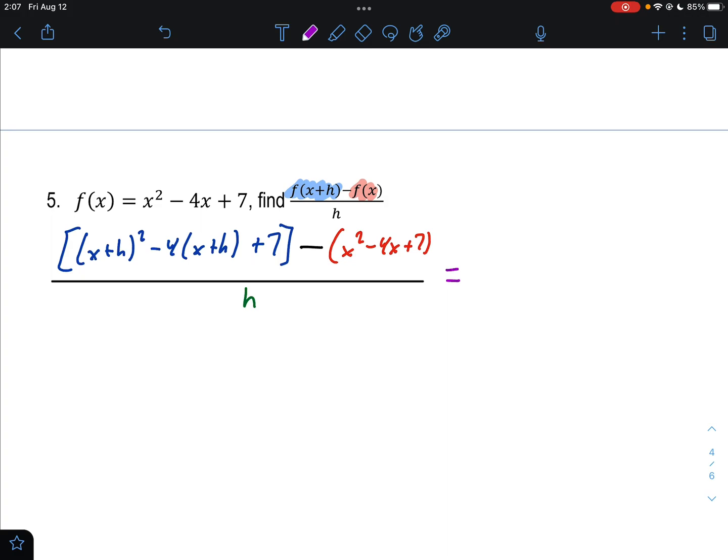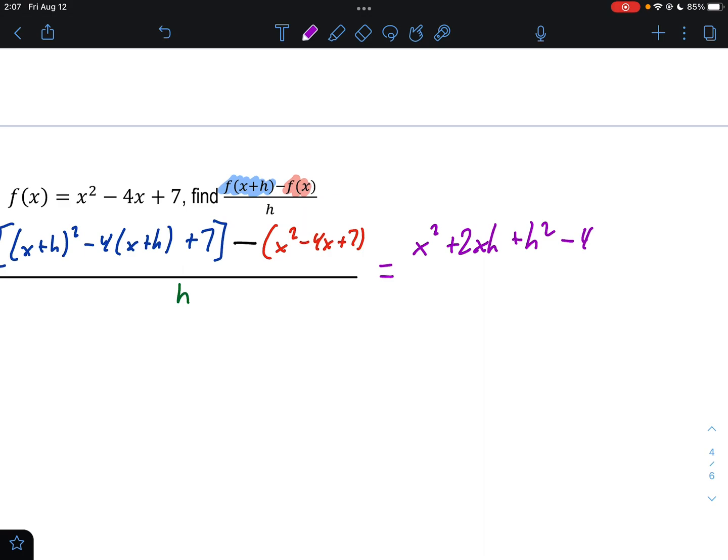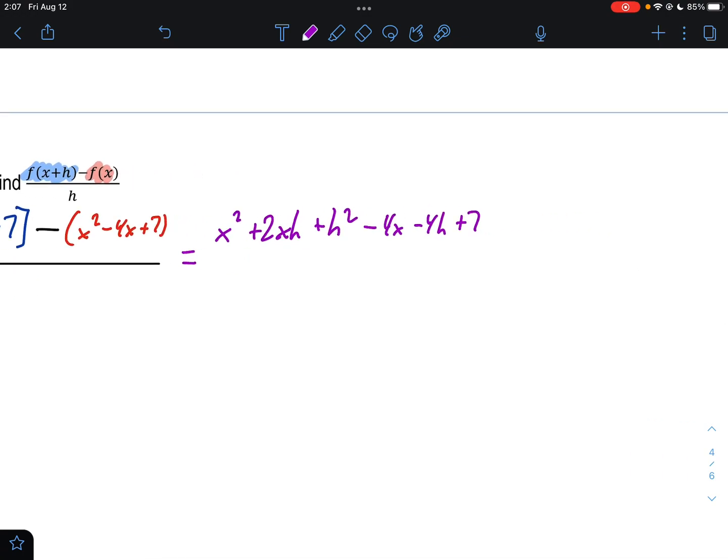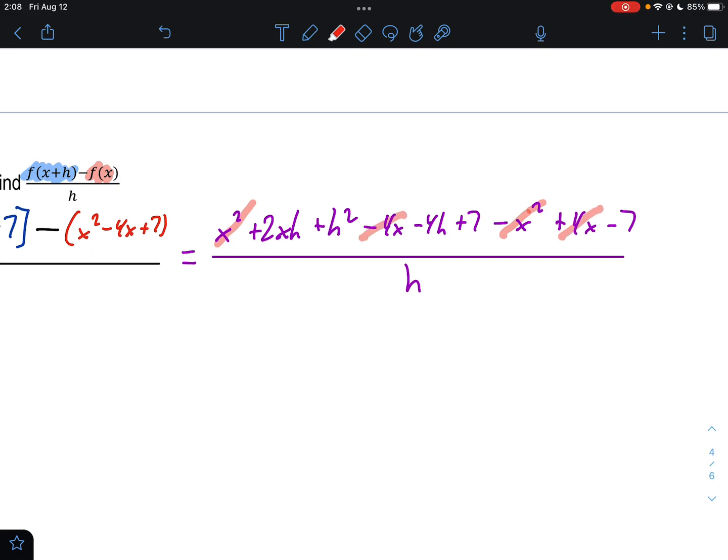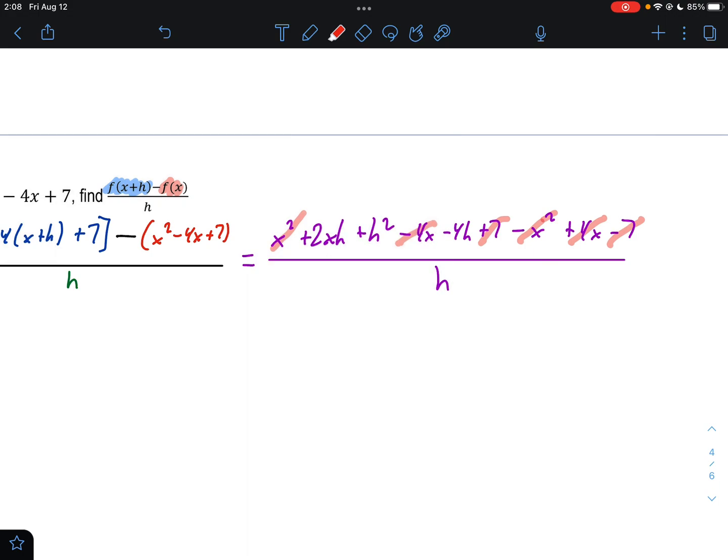Okay, so x plus h squared. That's going to give us x squared plus xh, which is plus 2xh, plus h squared. Minus 4x minus 4h plus 7. Distribute the negative sign here. Minus x squared plus 4x minus 7. All over h. Now, lo and behold, what happens? x squared minus x squared cancel out. Negative 4x plus 4x cancel out. 7 minus 7 cancel out. What are we left with? 2xh plus h squared minus 4h